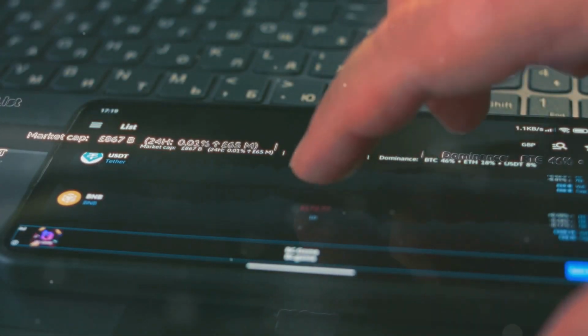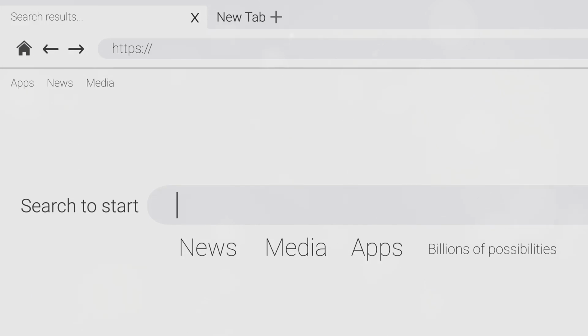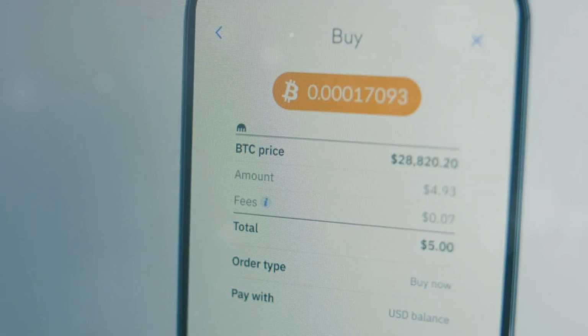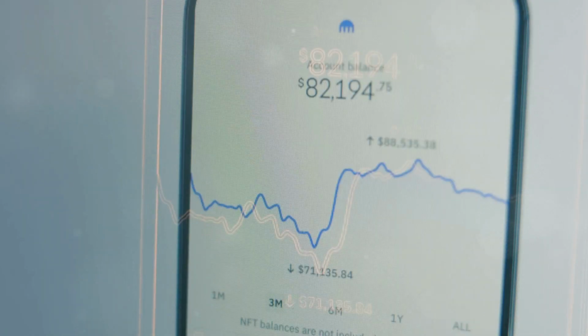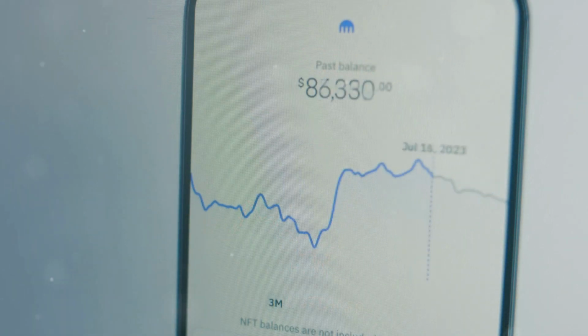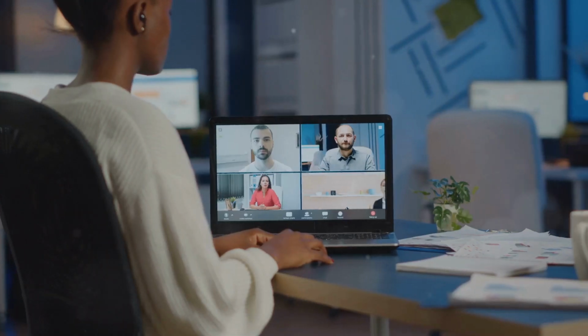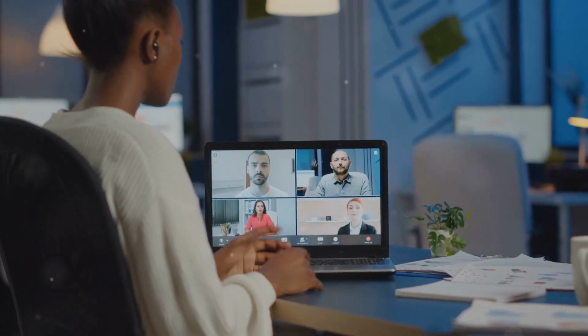Step-by-step guide to joining a DAO. Research and choose a DAO. Find a DAO that aligns with your interests, whether it's focused on finance, art, social causes, or technology. Acquire governance tokens. Depending on the DAO, you may need to buy tokens on exchanges or earn them by contributing to the community. Engage in community discussions.